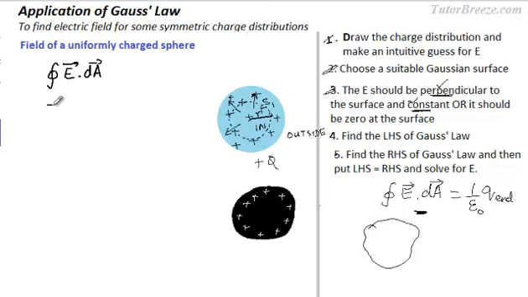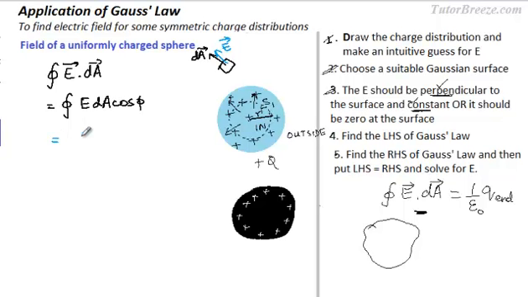This can be written as integral E dA cos phi. We know that phi is 0 because the electric field is everywhere perpendicular to the surface. So if you take an area element, say this is an area element in this direction, this is the direction of the area element, and the direction of the electric field is also the same. E is pointing in the same direction as the area element. So phi is going to be 0.